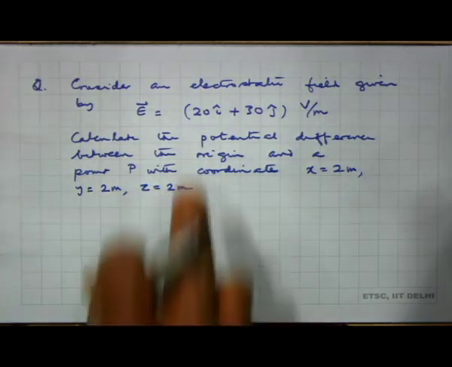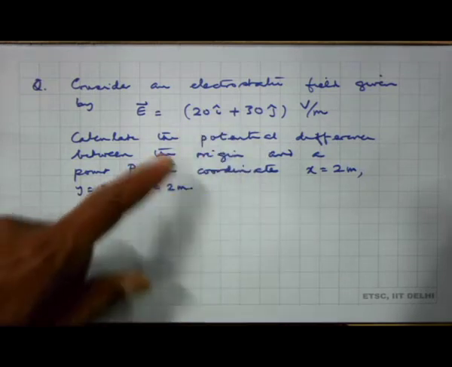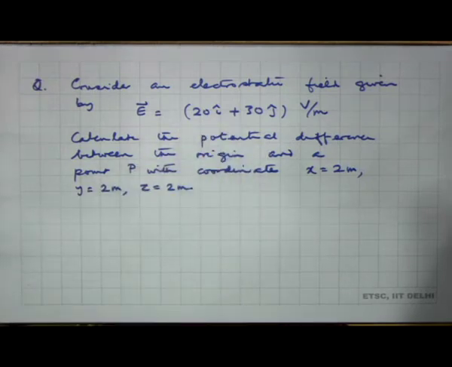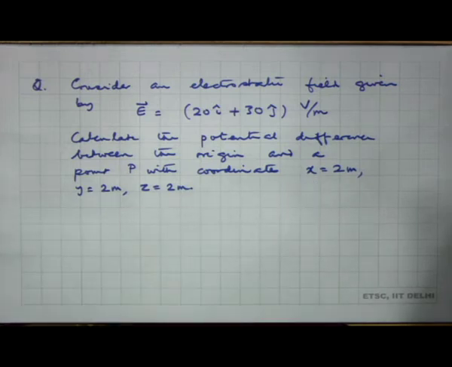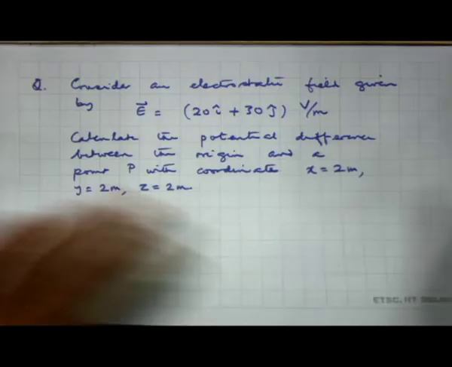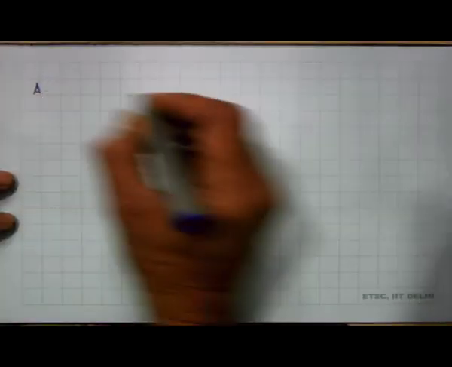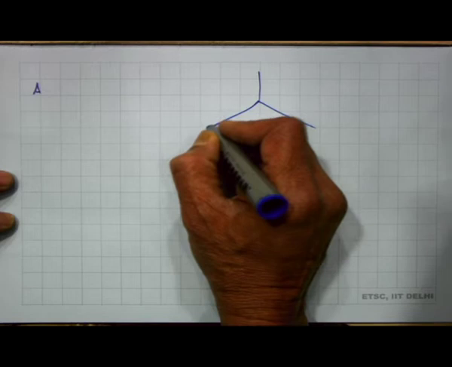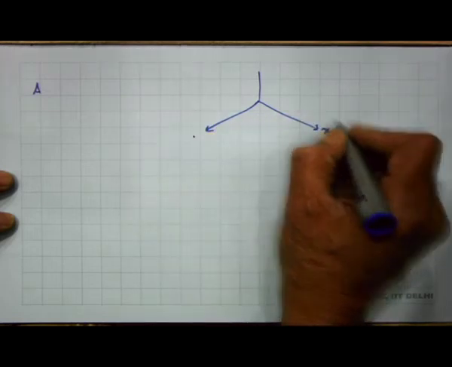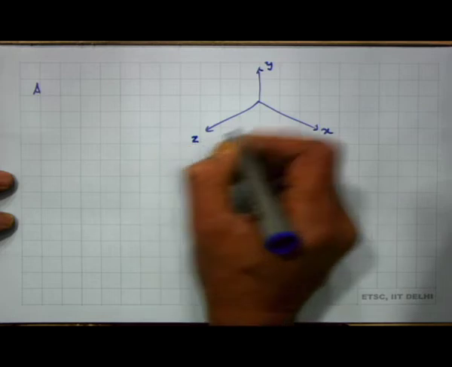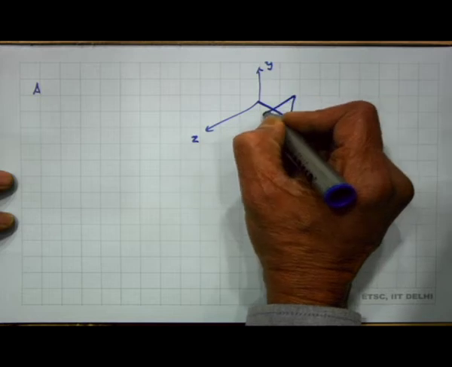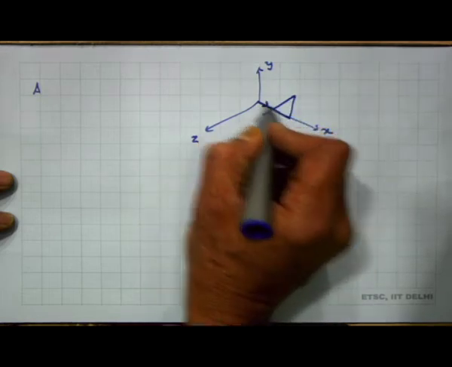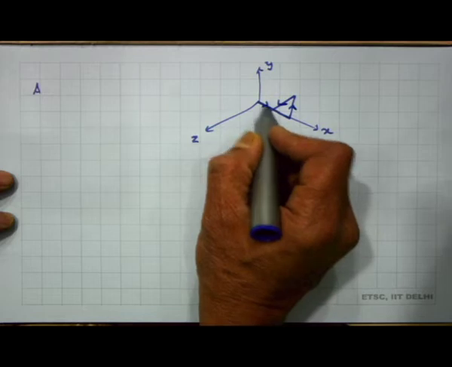So, that is the constant electric field, as you can see, 20 i cap plus 30 j cap, and I want to find out the potential difference between 2 points. One is the origin and another is a point x is equal to 2 meters, y is equal to 2 meters, z is equal to 2 meters. So, let me draw the figure here. x, y, z. So, this is 2 meters here, then 2 meters here and 2 meters here. So, this is the point. So, I have to calculate the work done or potential difference between this point and this point,